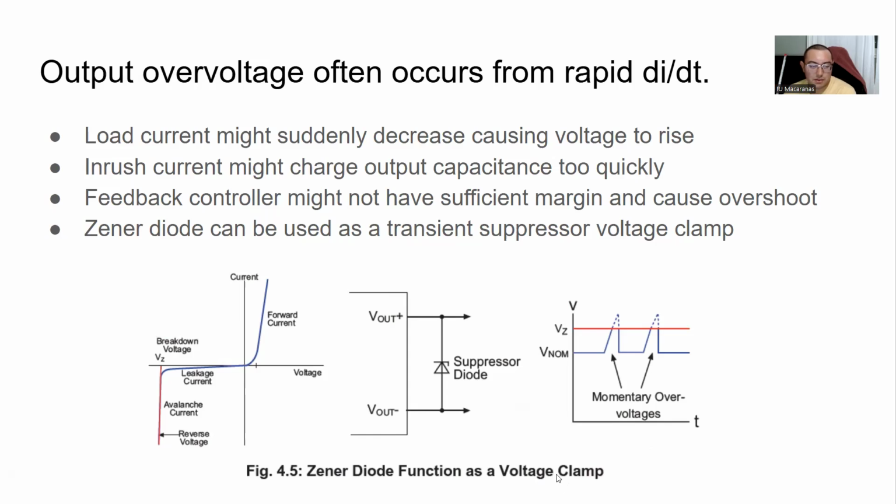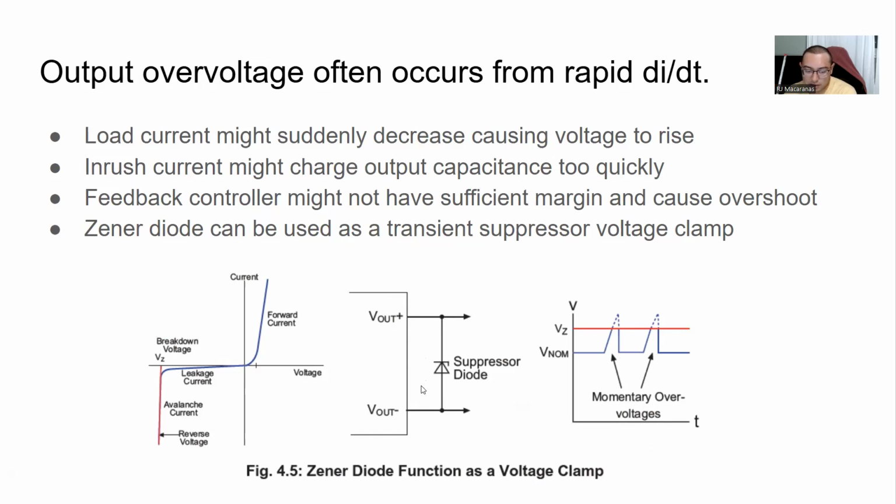And so the easiest way to protect against these output overvoltage events is to just use a Zener diode. So here you can see that they show this Zener diode that's just hooked up in parallel with the output voltage. And on the plot on this right side here, you can see that this output voltage is going to be clamped at the Zener voltage, even though it tries to go above that Zener voltage, when we have this Zener diode,